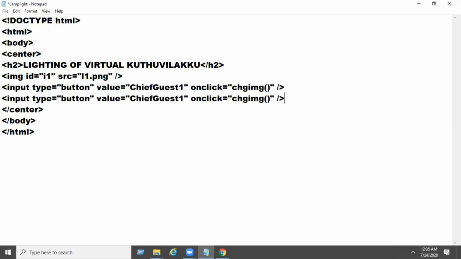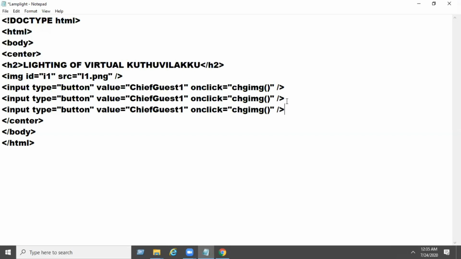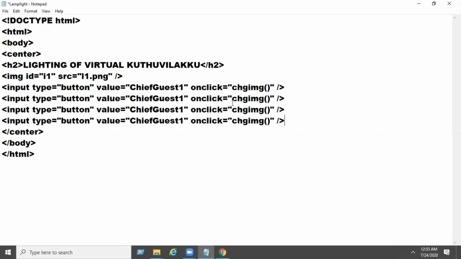Similarly, I am creating buttons for 4 guests, that is 4 chief guests. So change to chief guest 2, chief guest 3 as well as chief guest 4.